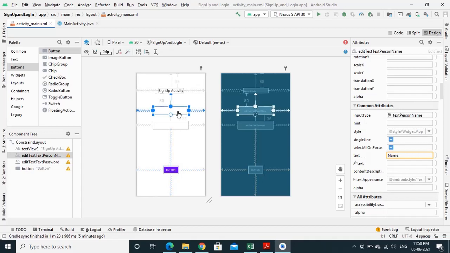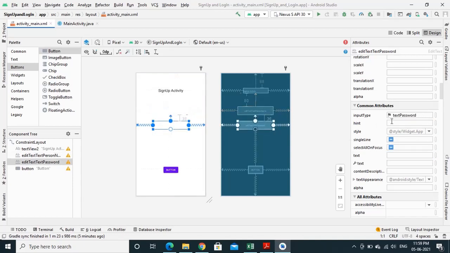If you want, you can also provide the hint. This is for username, and remove the text so that it will appear with only the username hint. And also for password, give the hint.